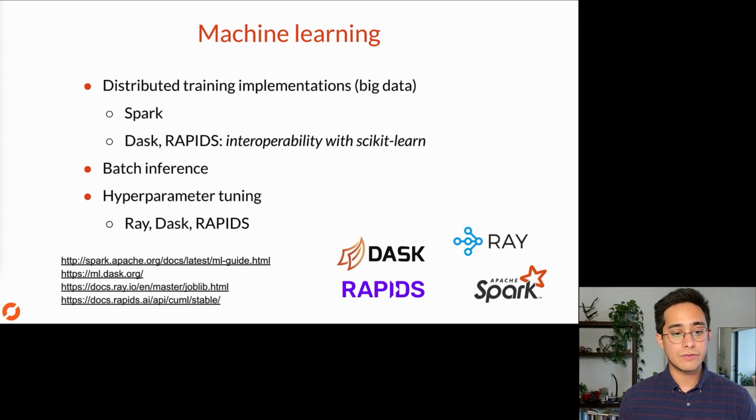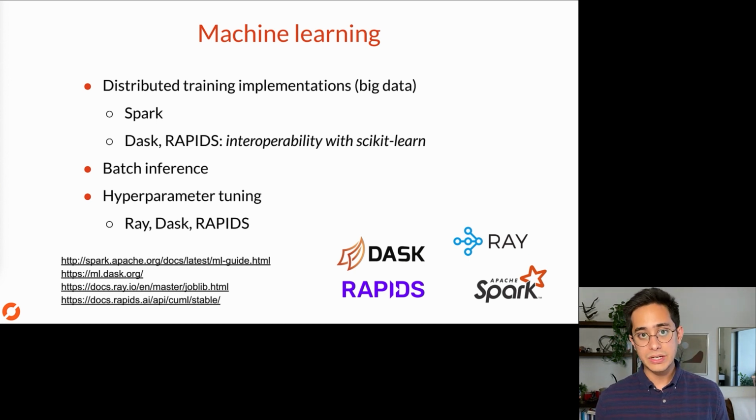When it comes to batch inference, all of these tools can do it because you're just wrapping model.predict in some sort of cluster orchestration. With Dask delayed or even a Spark UDF, you can pretty much get away with batch inference pretty easily with all of these tools. But Dask does have a native ParallelPostFit class where you can pass in your scikit-learn model, and then use that same API to do batch inference across a cluster.